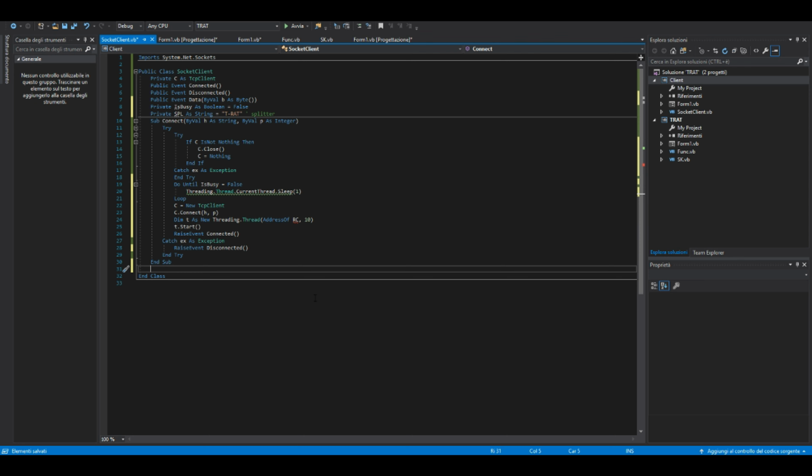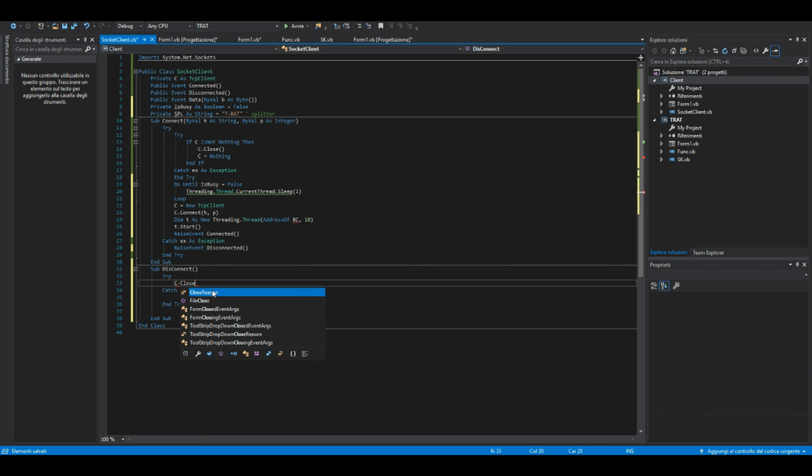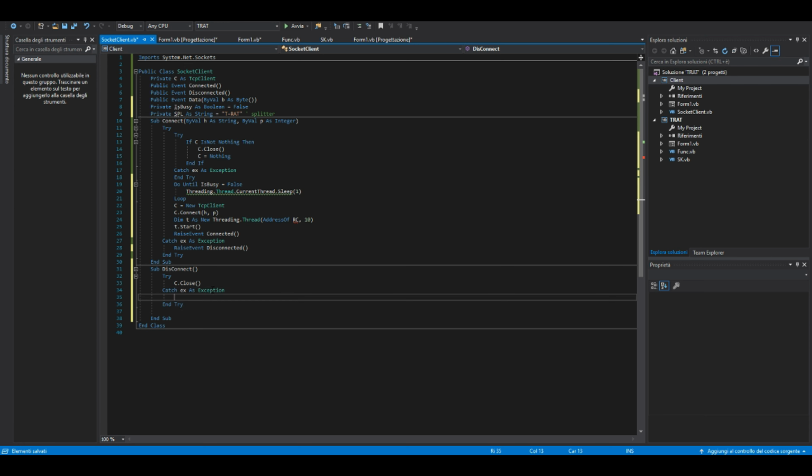Actually, you're going to receive packets, but will not be able to parse them. And now we can just create the disconnect event. Try, C.close. It will just end the try, C equals nothing, and then raise event disconnected. Pretty easy. Now I think we are going to develop the toSend function that we